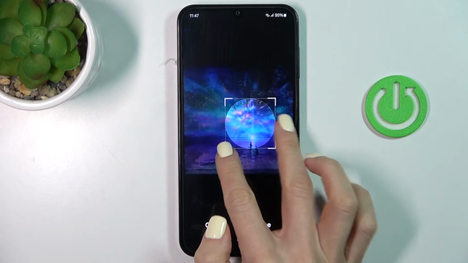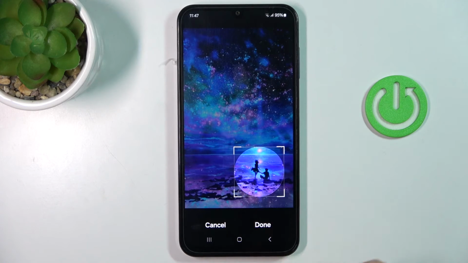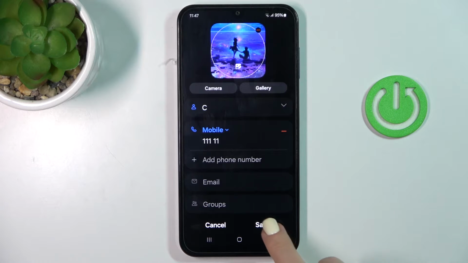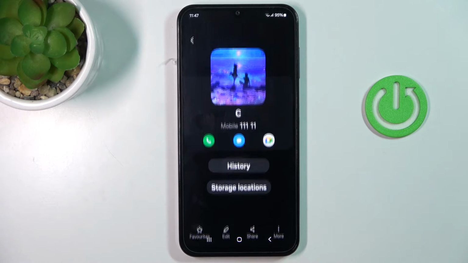You can customize it however you like. Tap on done and click on save to apply the change. So that is all. From now on this picture is assigned to this